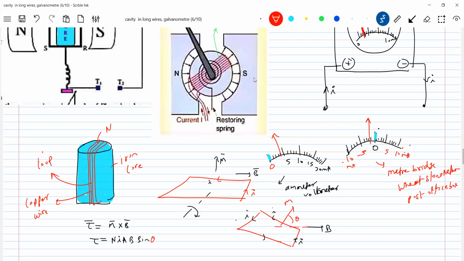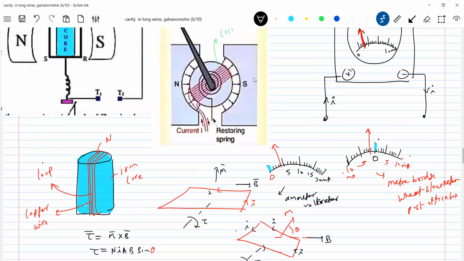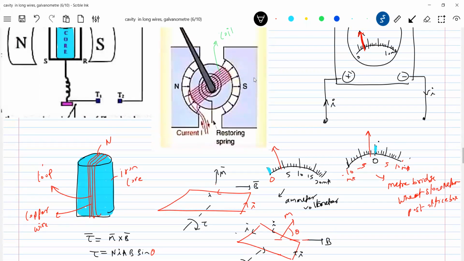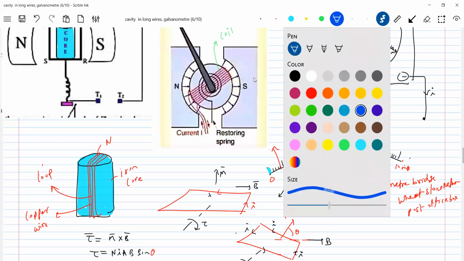So now what is the mechanism I should bring in? When a current flows, the loop will rotate, and because of the torque acting, it will accelerate and it will have angular velocity. Then if I make the current zero, what should happen? The pointer should return back, no? This was the mechanism, am I right? If you pass a current, the pointer will deflect. So here I'm going to connect this pointer to the loop.